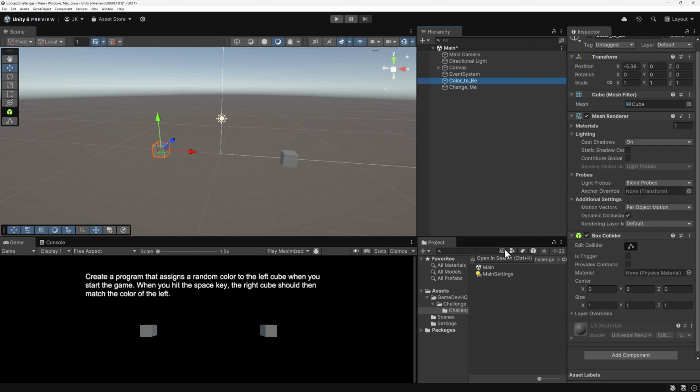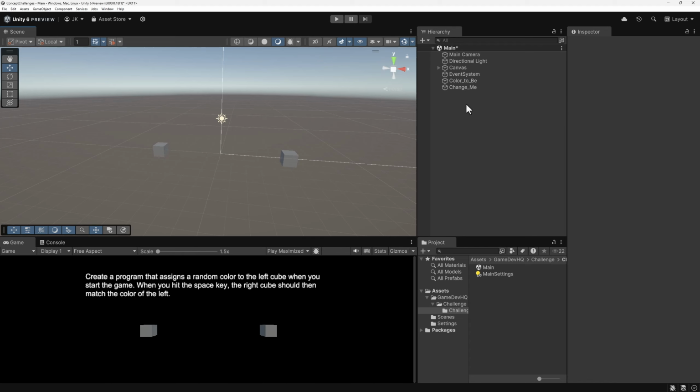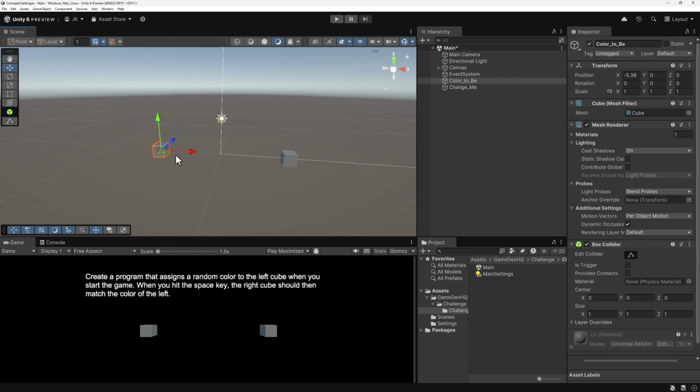So now that we have identified the problem statement, we've taken a look at the rest of the items within the scene to gain context. Let's go ahead and break down the problem statement into tasks. So the first task is to create a material that is going to be editable through a script. So that's going to be our first task. Then we need to assign a random color to that material through code, and that should be done at the start of the game. And then the second task is going to be